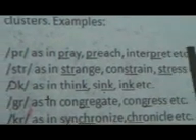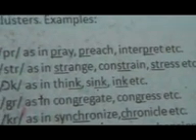The consonant cluster occurs in words like pray, preach, interpret, etc. Then we have a consonant cluster like S, T, and R, such as in strange, constrain, and stress. We have another consonant cluster like